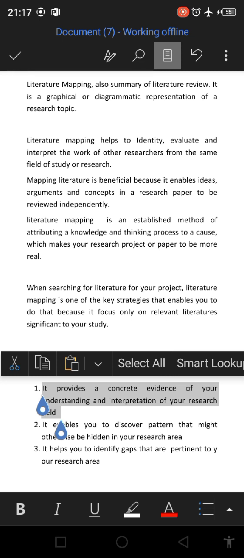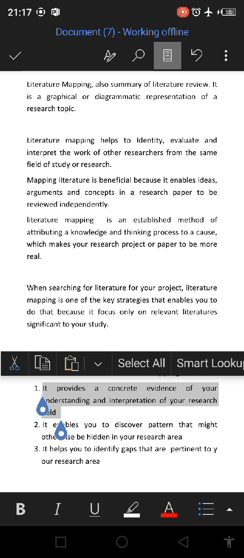You understand? So mapping out your literature is a proof, a concrete evidence that yes, you now have an understanding. You have an adequate interpretation of the things that have already been done in your area of interest. After you've mapped out your literature, it will be easy for you to speak to what you want to write on. It will be easy for you to say one or two things about it, and you are going to talk about it in an expert way.